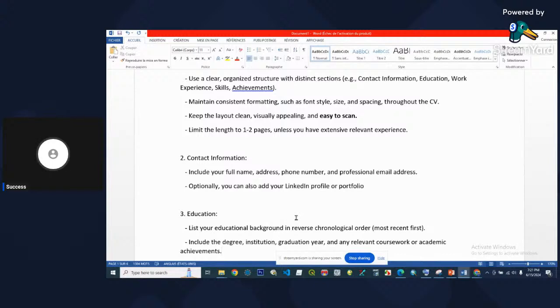Even if you're not applying on LinkedIn, even if you're going to hand in the documents physically, please make sure you always have your email, your phone number, and if possible, your LinkedIn profile link. Worst case scenario, if somebody cannot get you through email, because sometimes they send you an email and the email bounces, the email doesn't get to you.